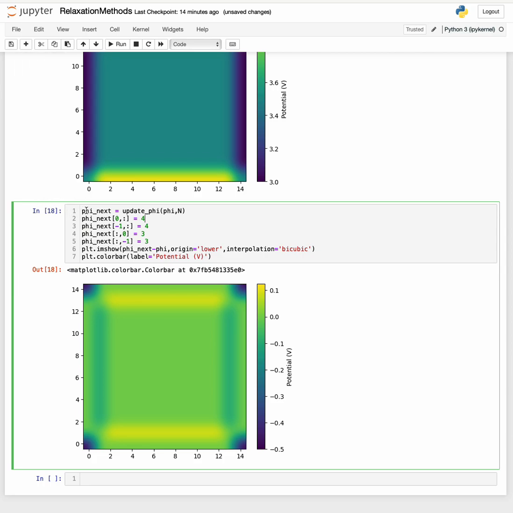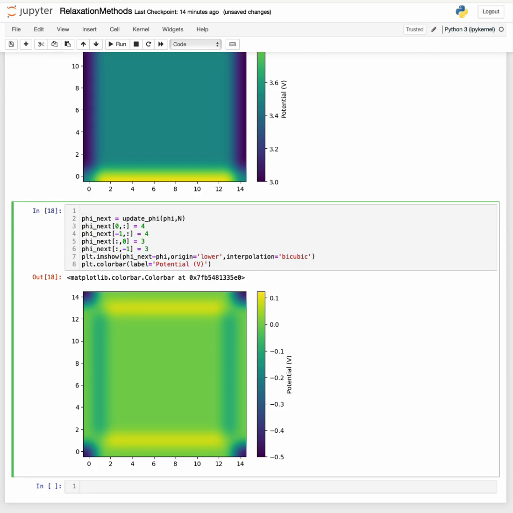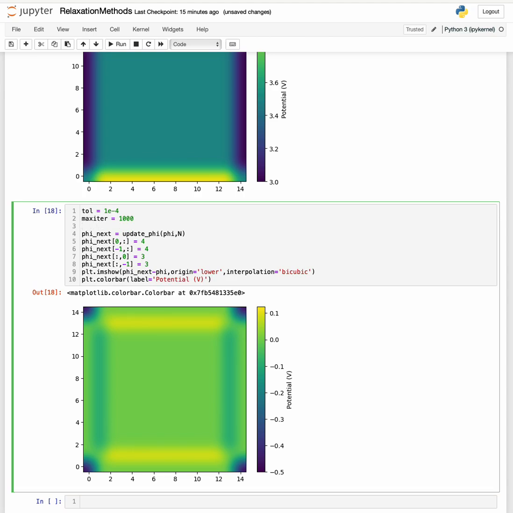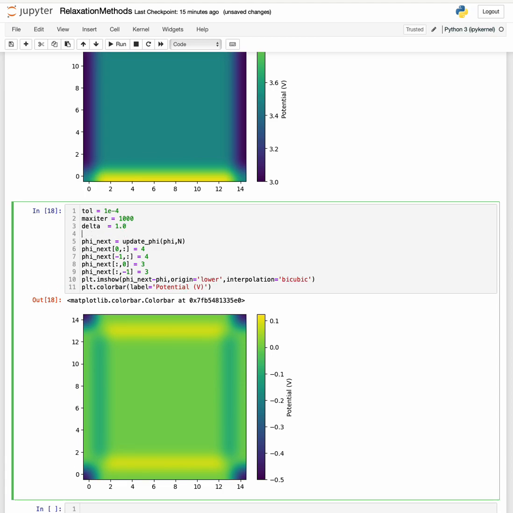Right, well, let's think about this. We're going to specify a tolerance. I'll call it tol, let's say 1 by 10 to the minus 4. We want changes to be less than the tolerance. We'll set up a maximum number of iterations. I'll set that to 1,000 just so that it can keep going for a while. Let's think about the change. So let's set an initial parameter delta equal to 1.0,